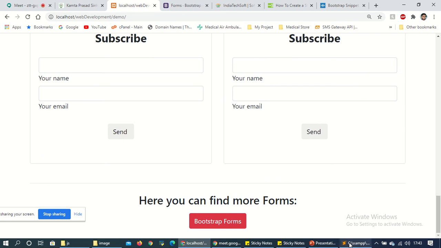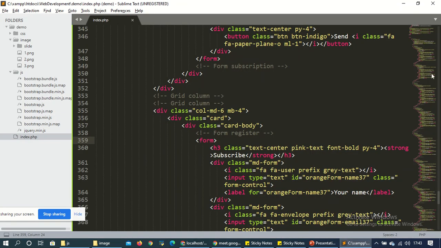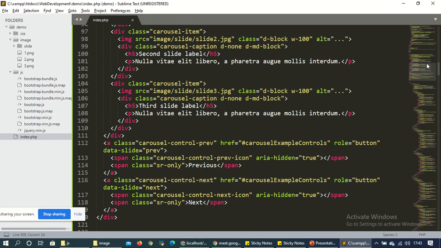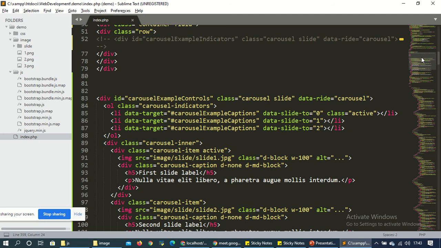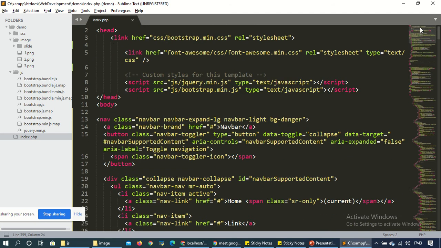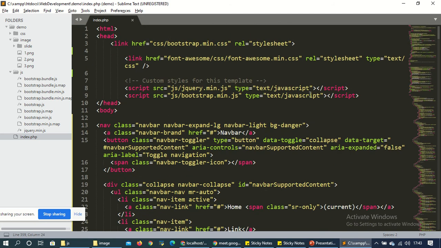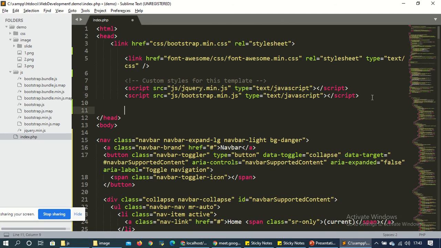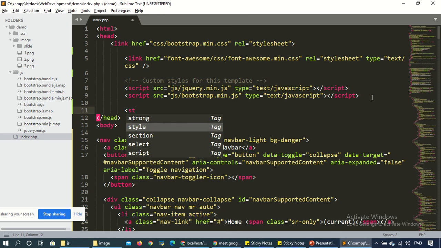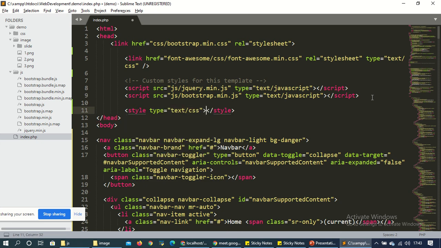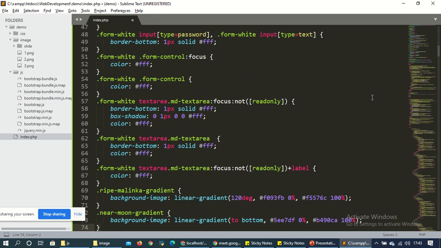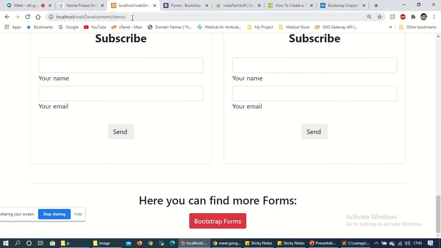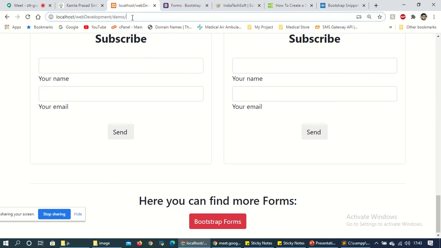Now here we'll create a style tag, give the code, paste, and just refresh. Now see, is anything missing?